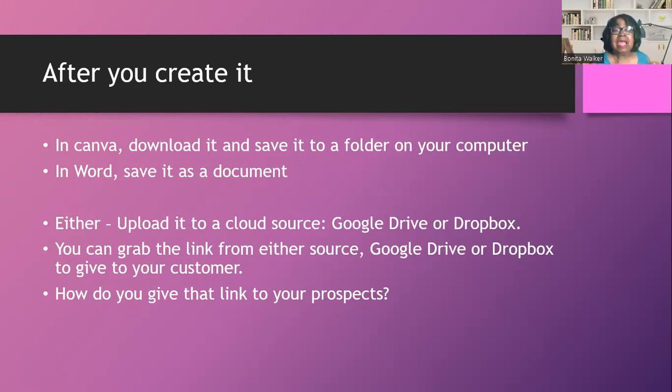So first of all, in Canva, you can download anything that you create. So you're going to download it and save it to a folder on your computer. All right, same thing in Word document. You're going to save it as a document. It's usually some type of folder on your computer, depending on how you have your folder set up on your computer. But in either event, whether you created this in Word, in Canva, whether you just simply created a Vimeo video or a YouTube video, wherever it is,